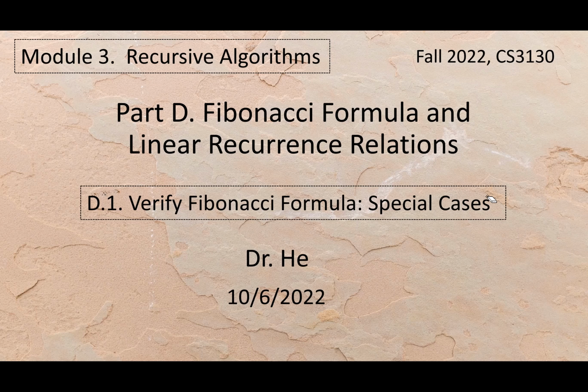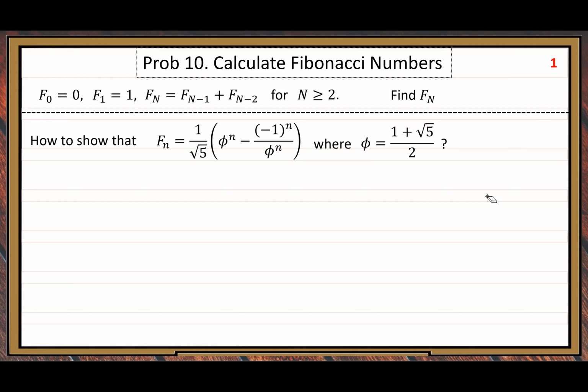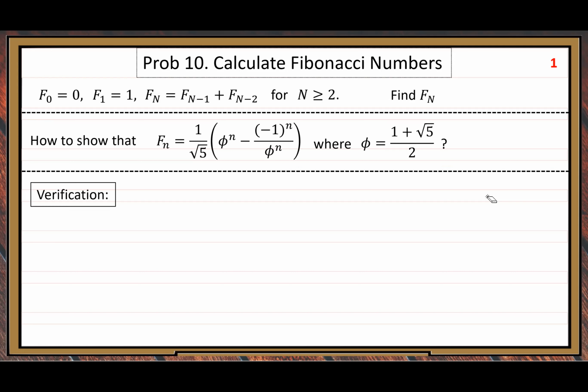Let's start with special cases first. Our goal, how to show that this Fibonacci formula, with phi, the golden ratio number, is true. So for the verification, step one,